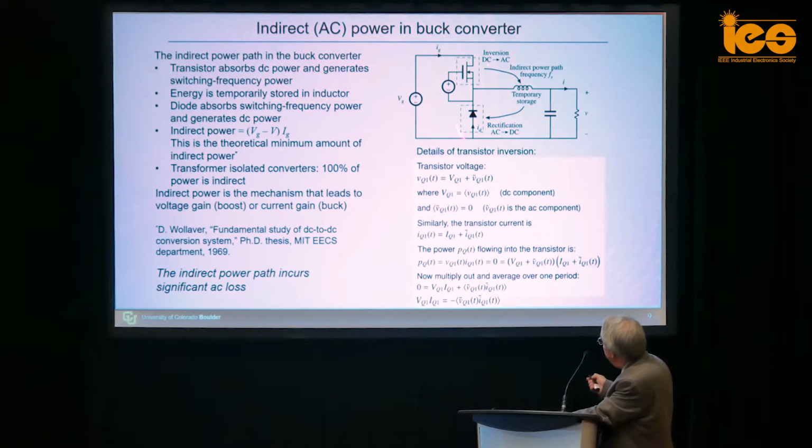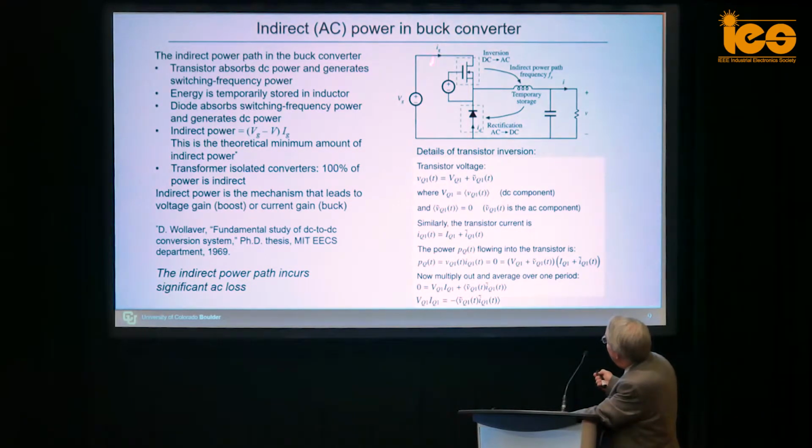So here's a buck converter where we have an input voltage, we're stepping down the voltage. In the process, we're increasing the output current. The buck converter has current gain, and the switching process is converting some of the input power into AC at the switching frequency, and then rectifying it back to DC to recover it and operate with near 100% efficiency. So there was an MIT thesis in 1969 that described all of this,